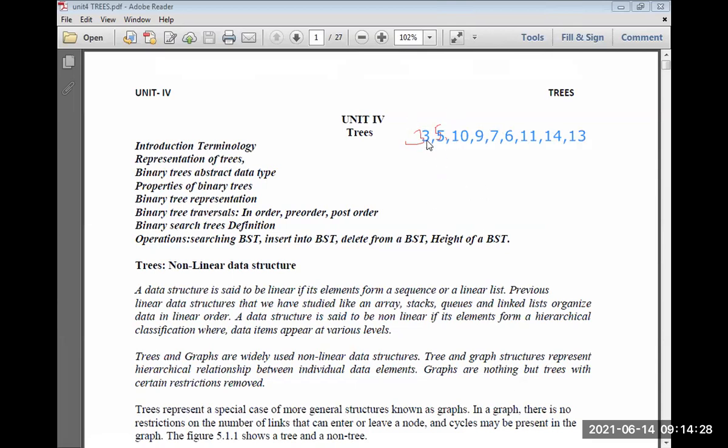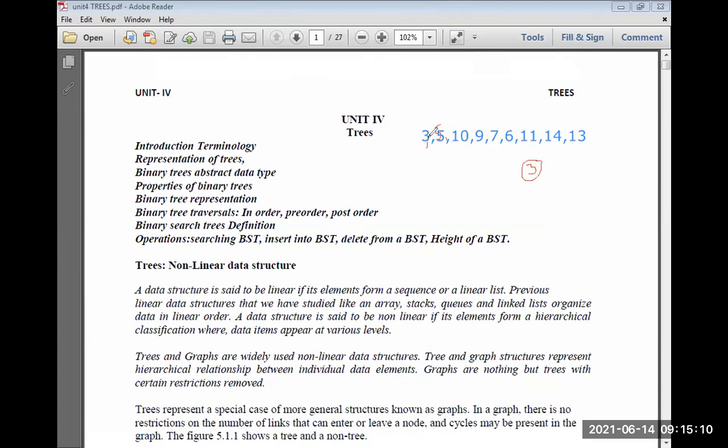We take the first element as the root node here. So what is the first element here? The first element is 3. So 3 is our root node. I am constructing the binary tree here, and 3 I have taken as the root node. Any element, the first element we consider as the root node in constructing a binary tree. If you construct a binary tree or any tree, the first element is your root node.